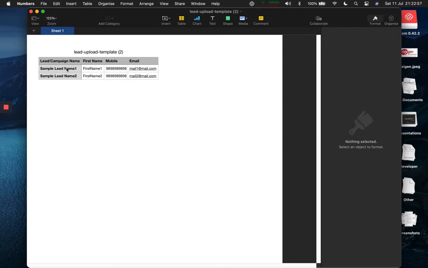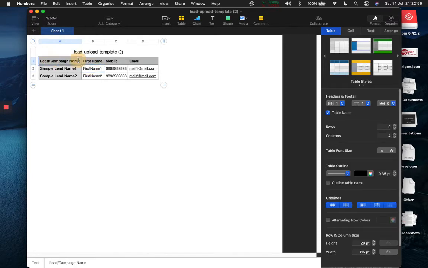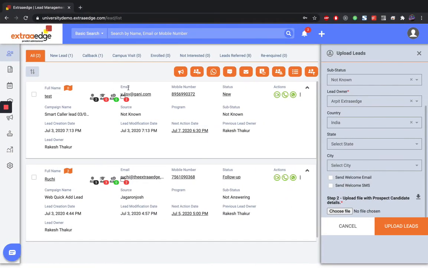Paste your data below the headers. These are the headers. Paste your data below the headers. Save the file on desktop and choose the same file to bulk upload. So if you fill in the data and save it, choose the same file from here. If you have any commas, replace that comma with a dot in the Excel. Do not add or update header names in the bulk upload template.